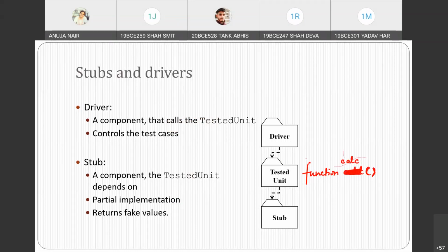This calci function in turn is calling another function. It's getting called from the main program, and it is going to call another function, let's take something like a power function. Just an example I'm giving.